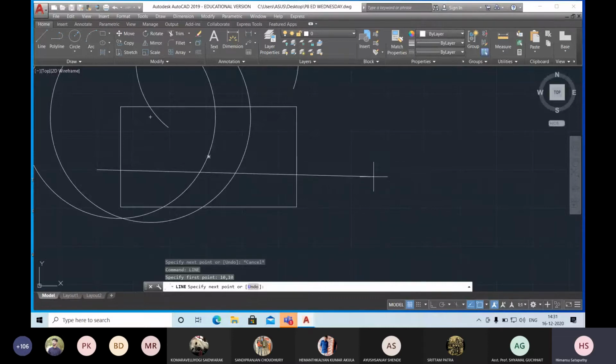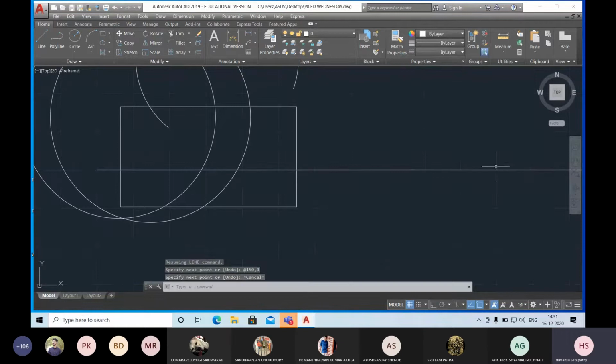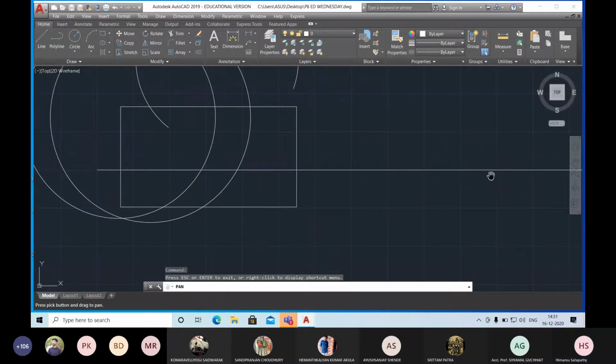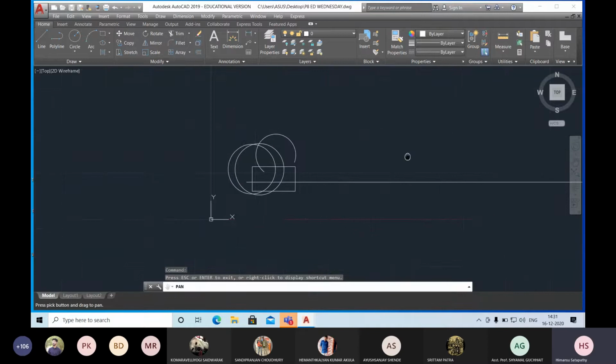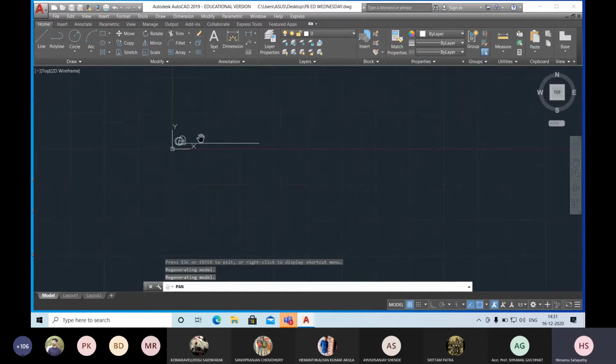So if I want to draw a straight line, then I can go for the line at the rate 150, 0. This is a method to draw a line. So in this method, I need to mention the coordinates. When you mention the coordinates, all of you can see this one. I just drew a line of 150 mm. So this is my coordinate option.